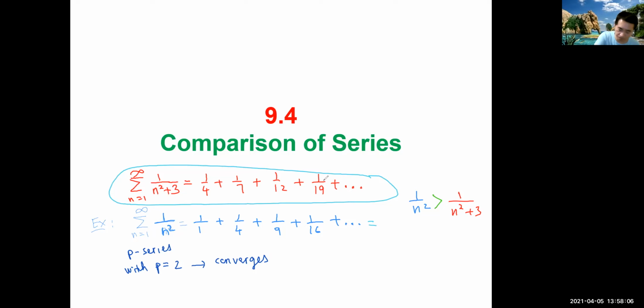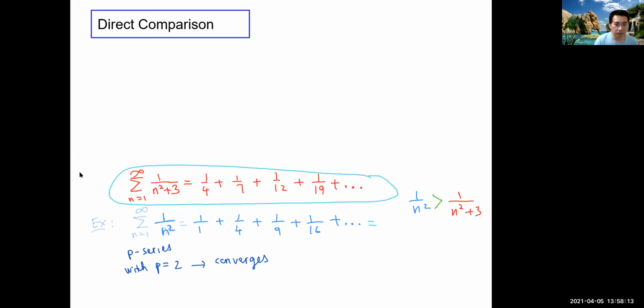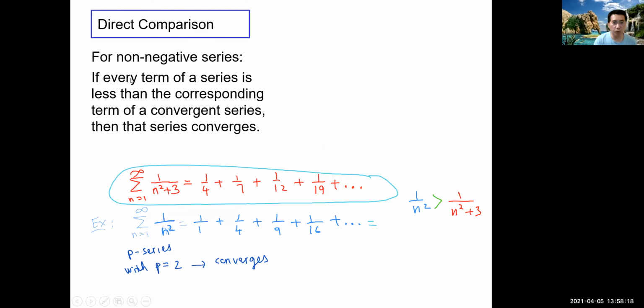That's one direction. Now let's do it in general. The comparison test works for non-negative series; it only works when you have non-negative terms. You don't want to have both negative and positive terms, because it makes things complicated: the sum goes back and forth between positive and negative. If we have non-negative terms, say all positive, and every term of the series is less than the corresponding term of a convergent series,